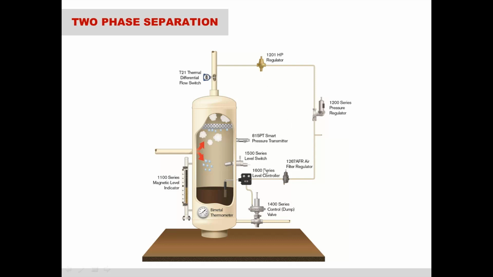And so feeding that liquid level controller, we've got some regulators here doing a staged regulation of the gas that I mentioned earlier, which is at a high pressure. We'll do a first cut pressure break with a 1201 HP regulator, which is rated to 5,000 psi. And then that passes on the pneumatically controlled gas to the next stage of regulation, which will be a 1200